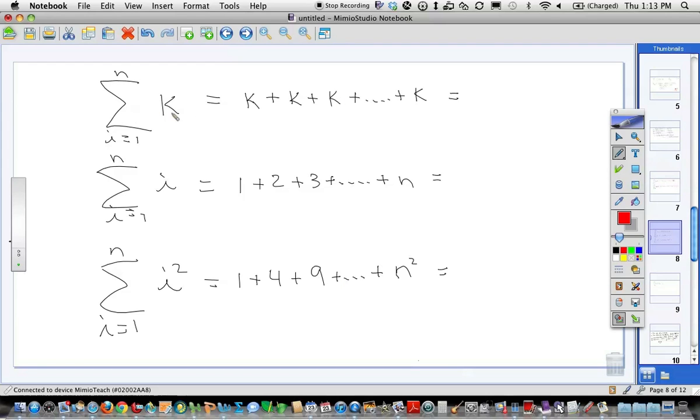Now this says if you have a sigma of a constant, so 1 to n, you're going to add up that many constants. So constant plus constant plus constant, you have n of them. What's that going to be? Well, it's just going to be n times the constant. Like if I got 8 3's, if this was a 3 right here and I went from 1 to 8, 3 plus 3 plus 3 plus 3, 8 times is 24. You just multiply. So that's the first formula. Second formula, if you've got sigma i, well, sigma i means 1 plus 2 plus 3 plus dot, dot, dot. That formula is n times n plus 1